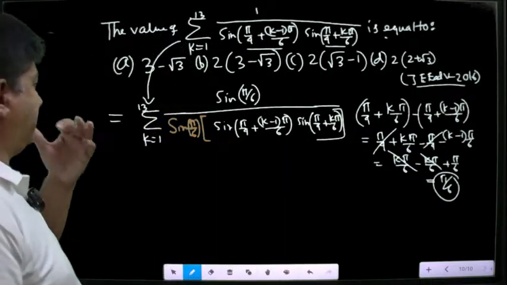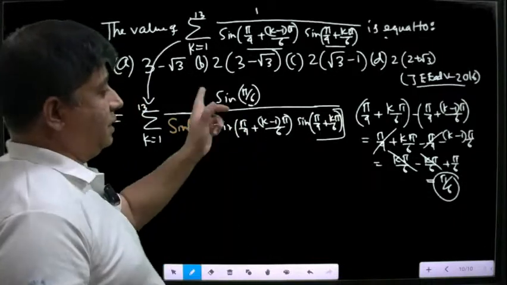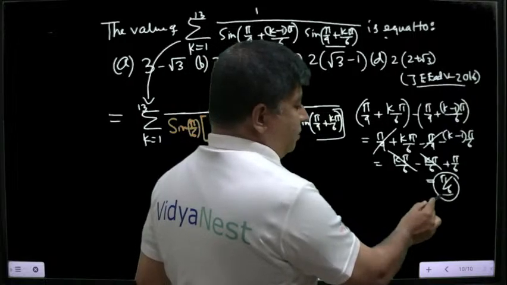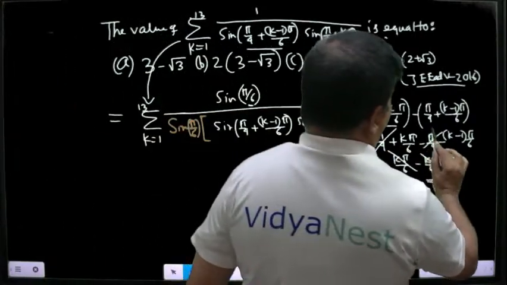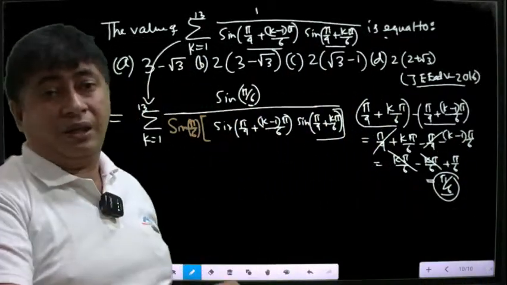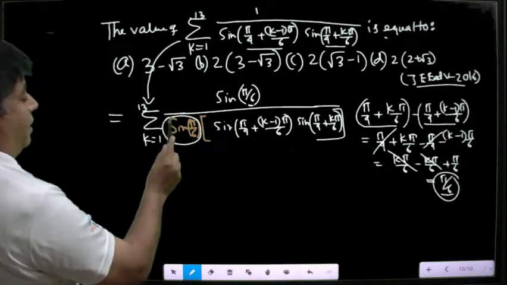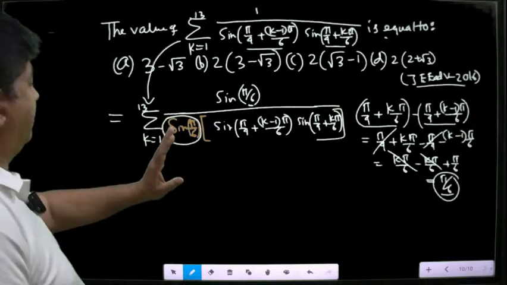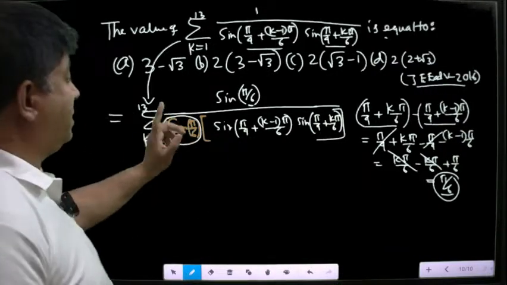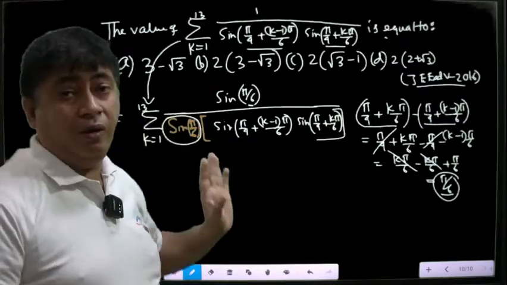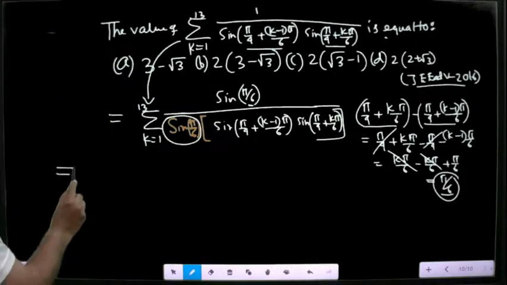ओके, नाउ इन न्यूमरेटर इंस्टेड ऑफ π/6, ये जो π/6 मिला इसकी जगह में इसका जो एंगल का डिफरेंस है वो पुट करना पड़ेगा। यही है ट्रिक। और ये जो साइन π/6 हमको मिला, ये कांस्टेंट टर्म, इसको समेशन का बाहर फेंकना पड़ेगा। हाँ, ये कांस्टेंट क्यों है? बिकॉज यहाँ पे k वेरिएबल है और सारी चीज कांस्टेंट है। तो ये जो चीज है इसको हम बाहर दे दिया।